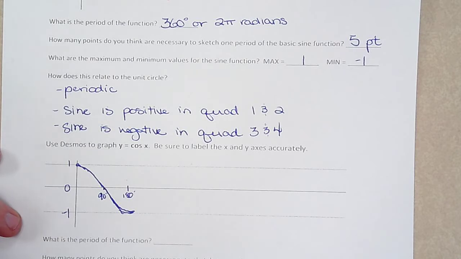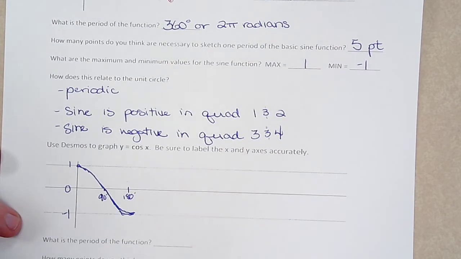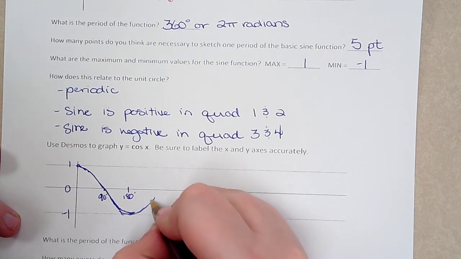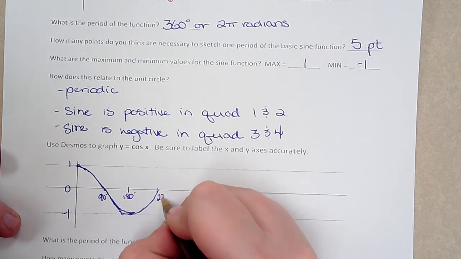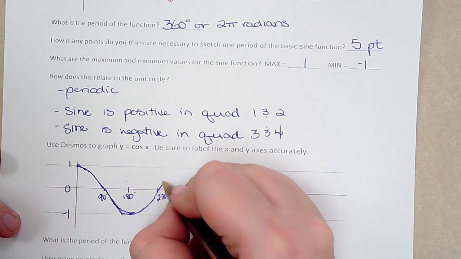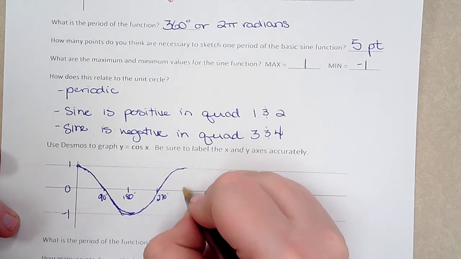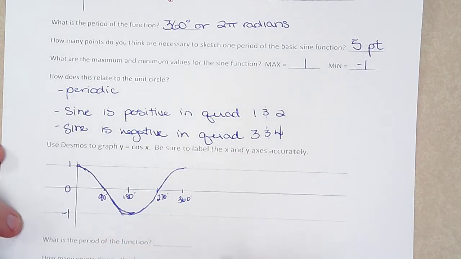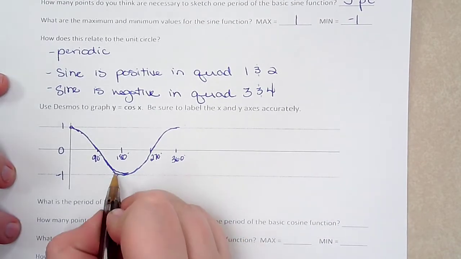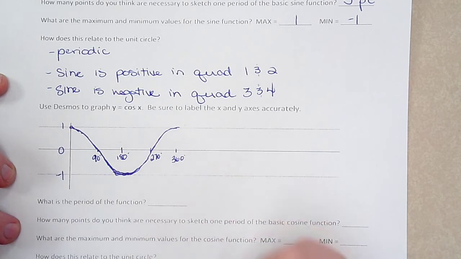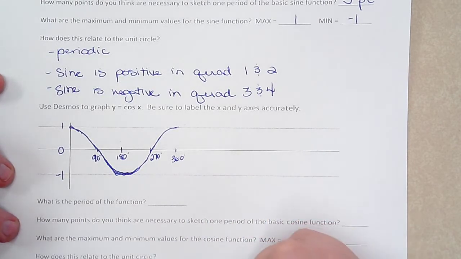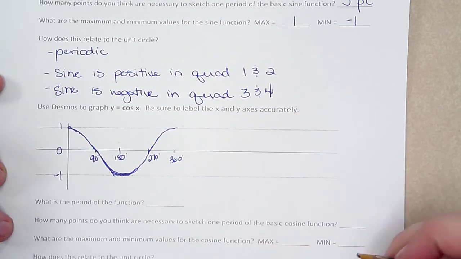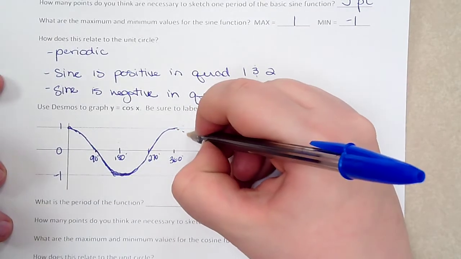So at 90 degrees, we have a 0. At 180, we have a minimum. As we go back up to 270, we have a 0. As we hit 360, we have a maximum. So you'll see it's kind of got the same shape. It's just not quite in the same place. It's shifted over. And this is actually one full period of the cosine function, because now you'll notice